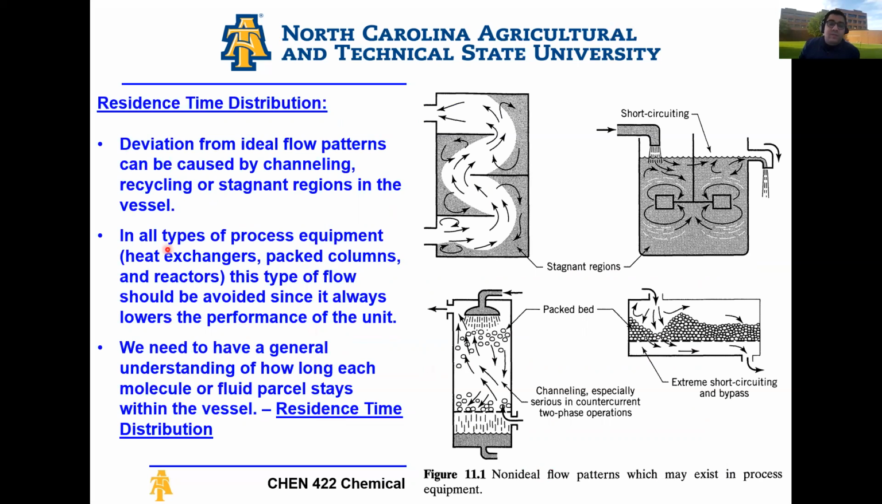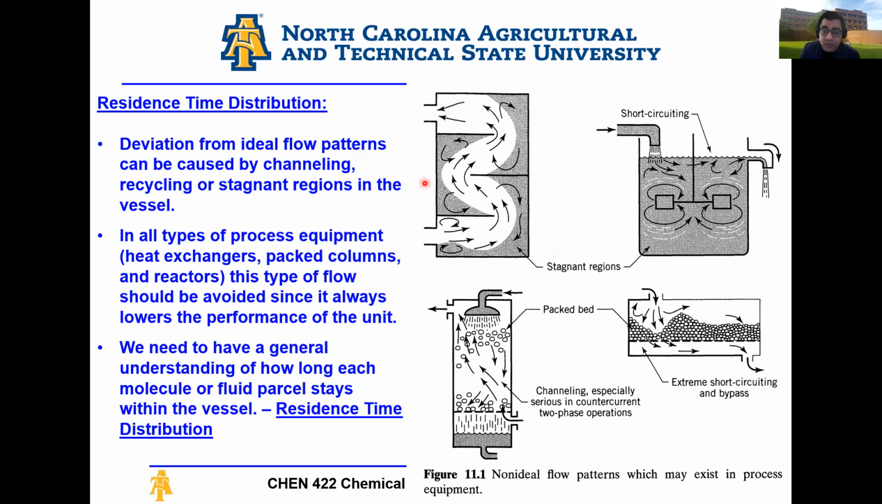When talking about residence time distributions, we have deviations from ideal flow patterns, which can be channeling, recycling, or stagnant regions in the vessel. If you look at the figure on the left-hand side here, these are your typical non-ideal flow patterns, and they exist a lot in the process industries. The first one is stagnant regions. So let's say this is a